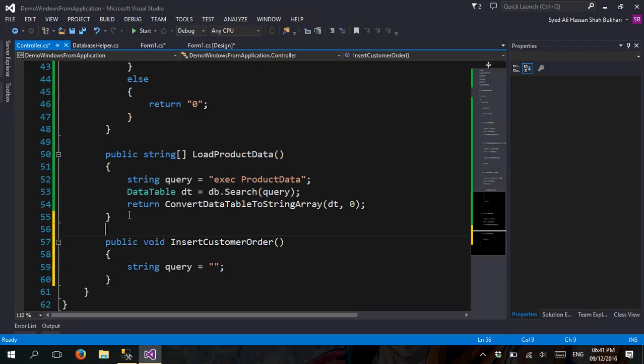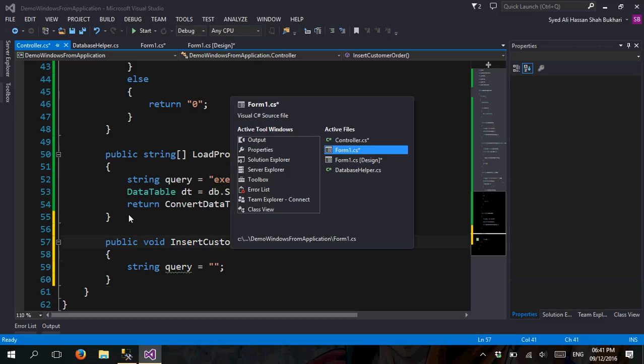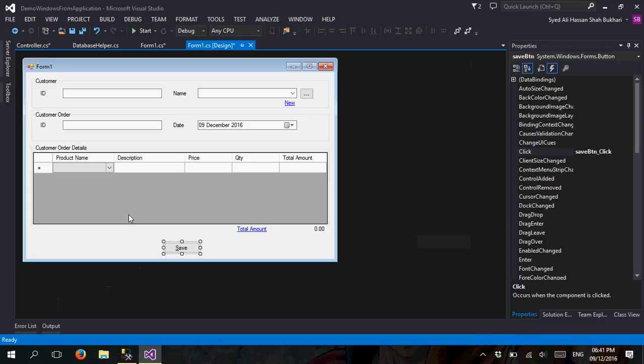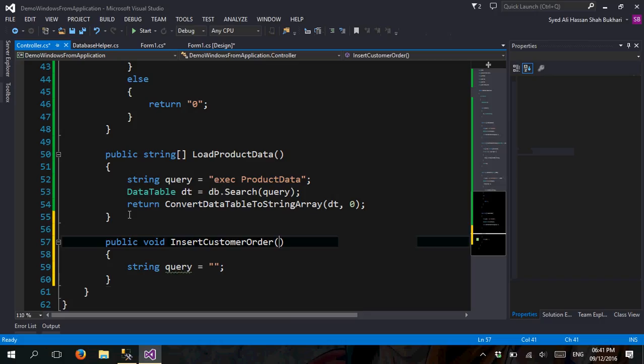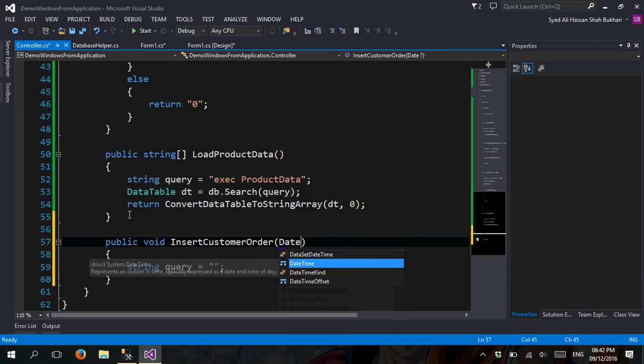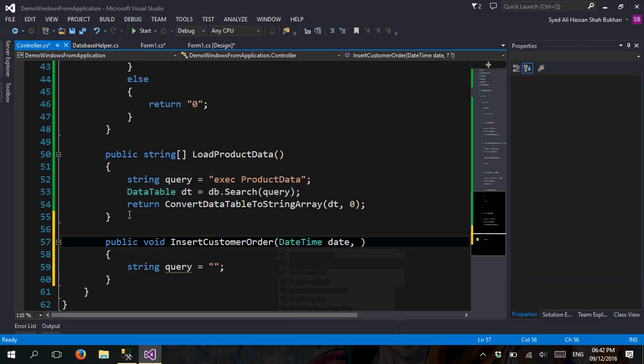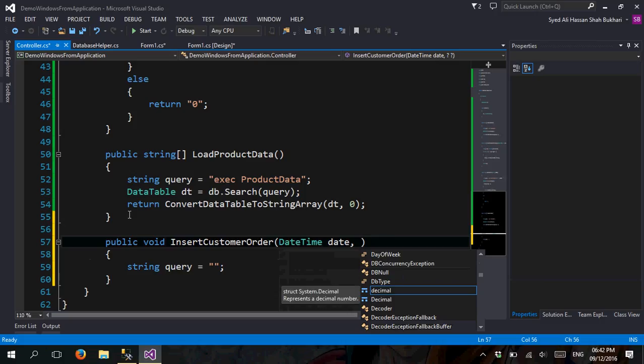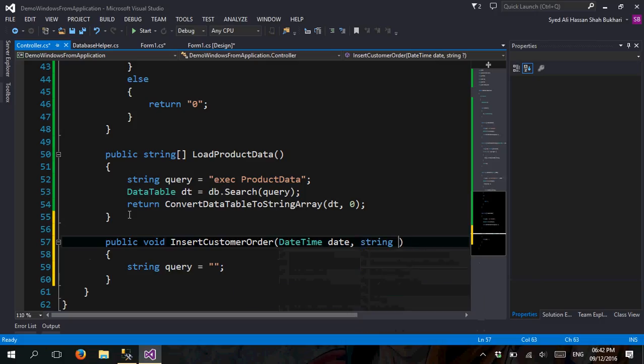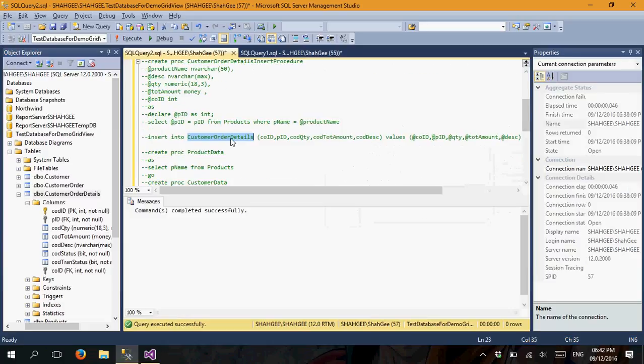For that, what I need is date, string date, DateTime, okay, and I need total amount. It's double, but I'm using string, because I don't need to perform any calculation on it, so I just execute, and the name of the customer order